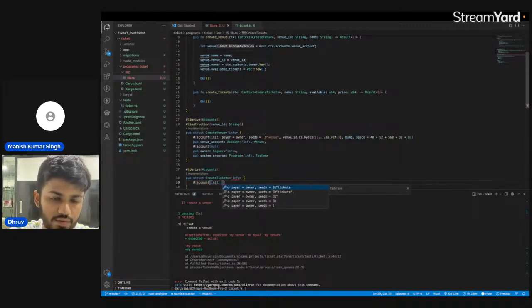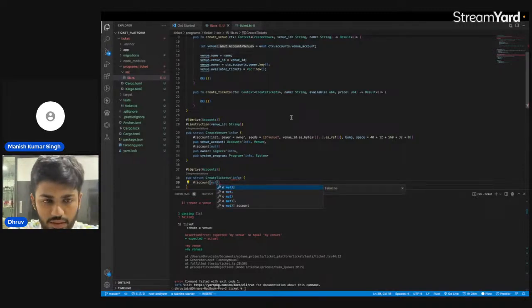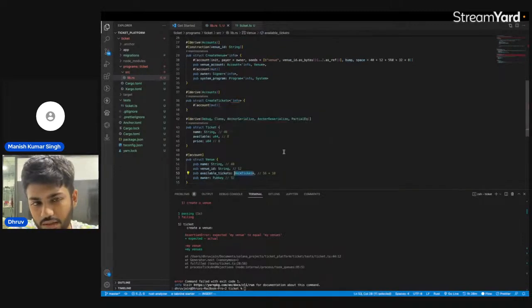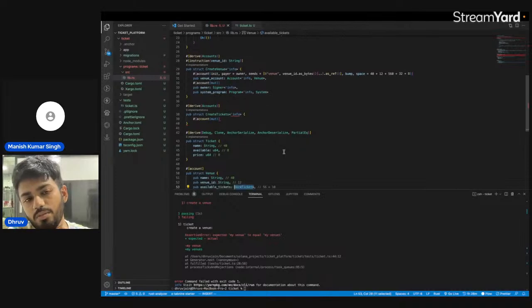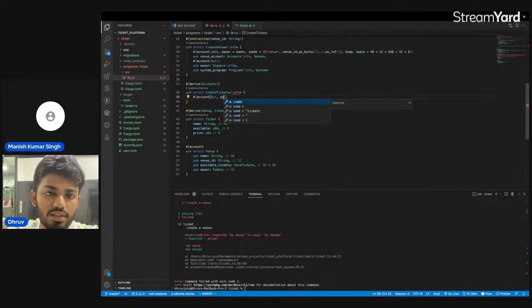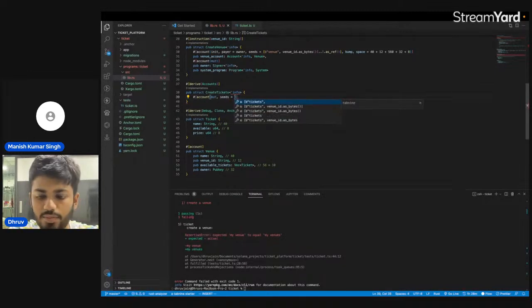Again we'll create a PDA for that. No, actually we won't create a PDA. We'll just use the existing PDA because here we're not creating anything. You're just using this vector. So what we'll be doing is just pushing the new tickets over here. That's all. So we don't have to initialize it again. We just have to provide the seeds. So that would be the same as